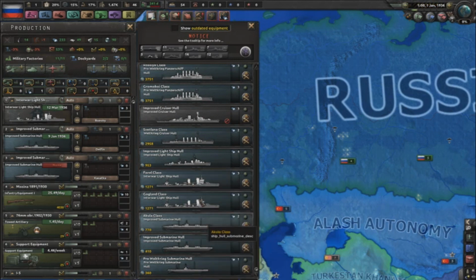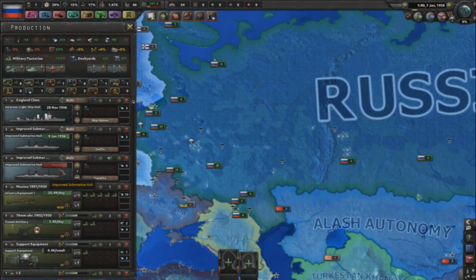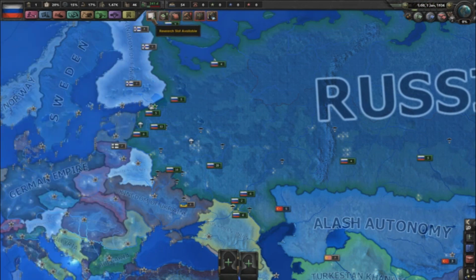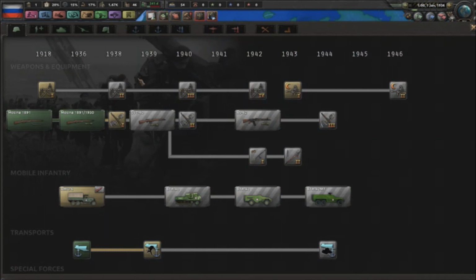We'll just pick one of them, I guess. There we go. And all our factories and stuff are assigned. Time to pick my research. So, as usual...